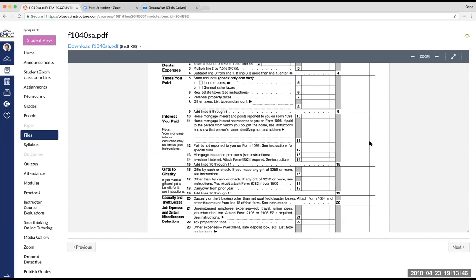People take their household items when they move or when they get new things. They take them to the Goodwill or to St. Vincent de Paul or one of the other charitable organizations. That is deductible, but it's not deductible for what you want it to be worth. It's deductible at the resale value